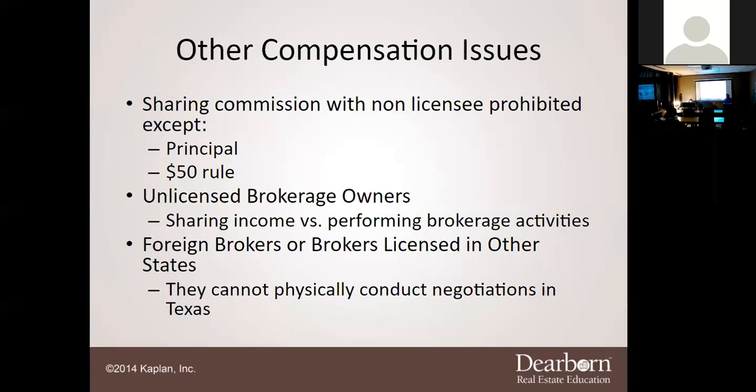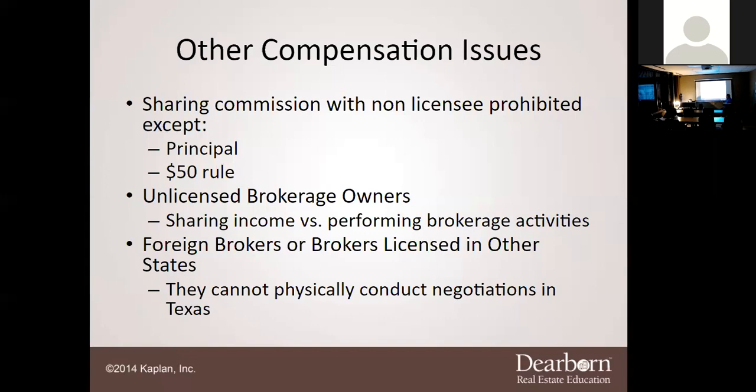So if I happen to have a good year one year and I want to throw them $2,000 or something, I could. But if Travis did a transaction and made a ton of money, a boatload of money, and we made a nice chunk out of it, I can't say, hey, Mr. Eugene, here's your $5,000 because Travis made a big deal. Well, the problem is it's because of brokerage activities, you can't do that. You got to be careful.